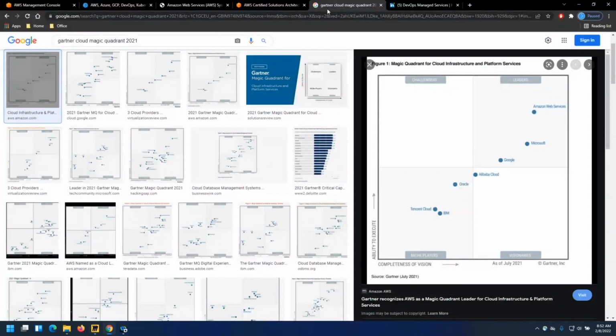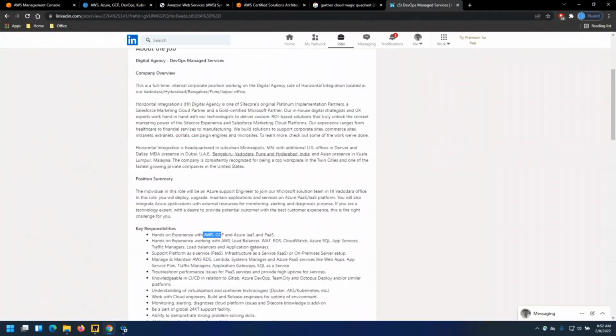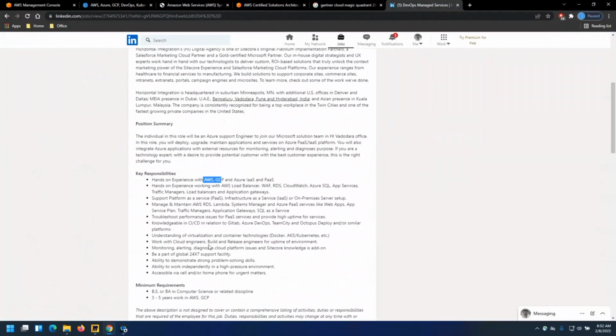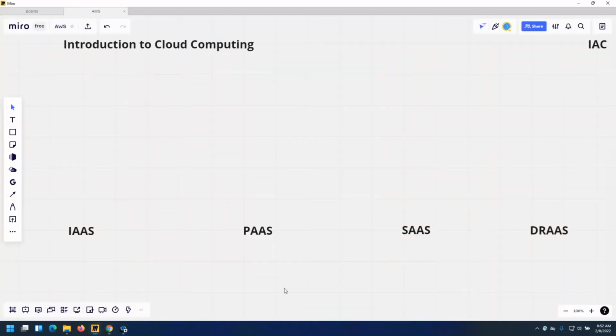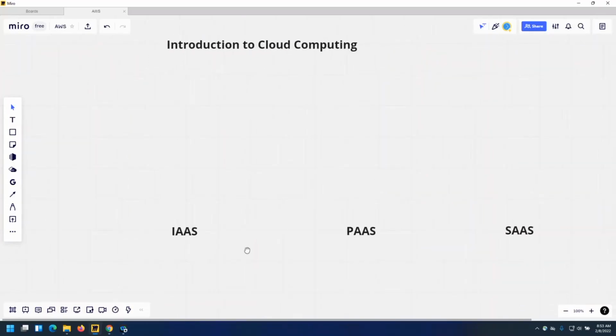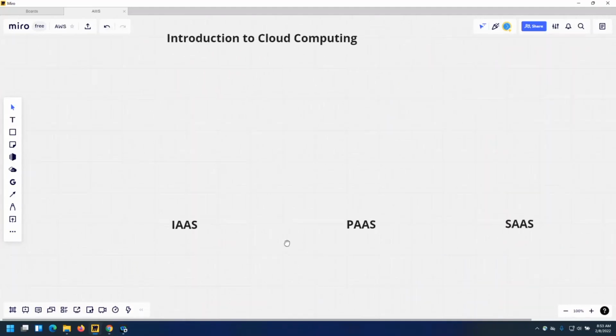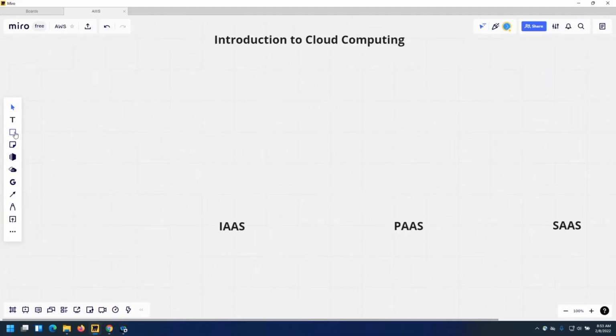So if I go back to the job role here, do you see any sort of skill? IaaS, PaaS is mentioned, and Docker, Kubernetes, okay. Let's not mention the IaC part here, but we do have an IaC requirement, which is your coding on the infrastructure side. I will explain this in a few minutes, but before that, let's try and understand infrastructure as a service, platform as a service, and other areas.